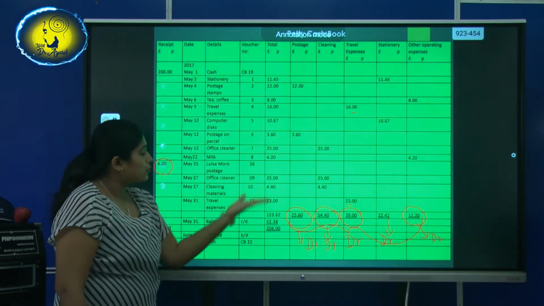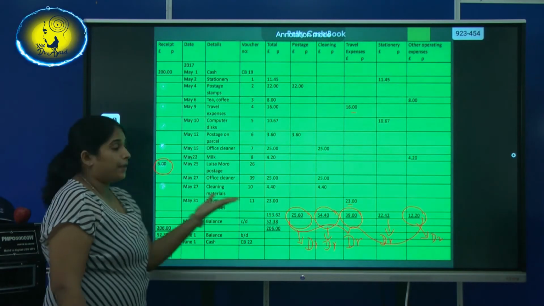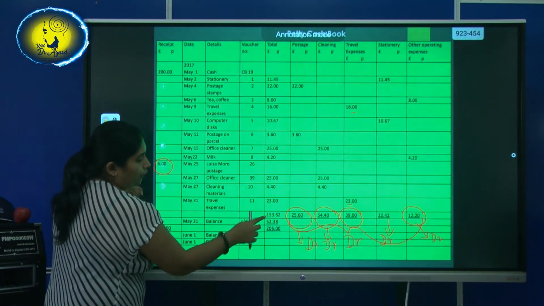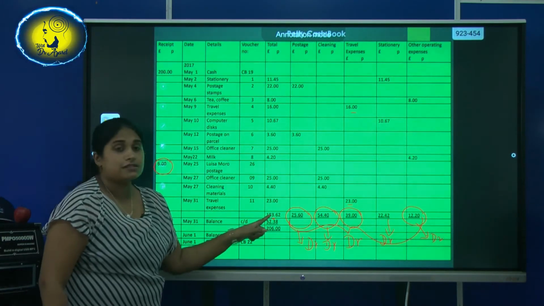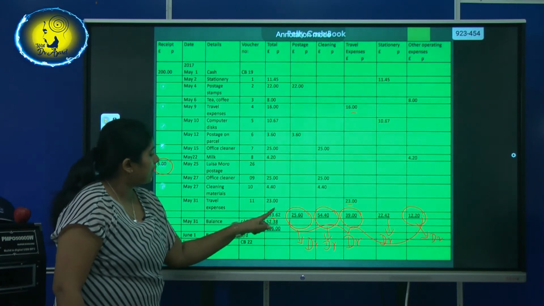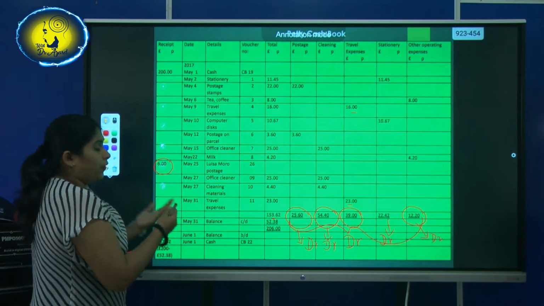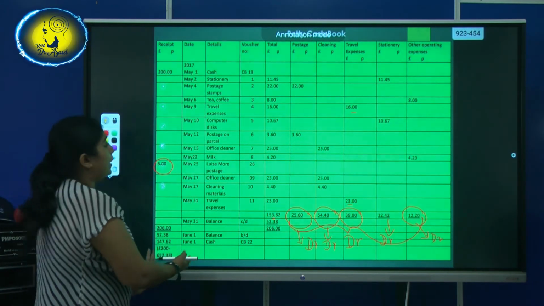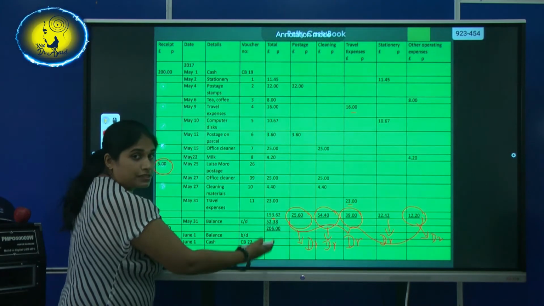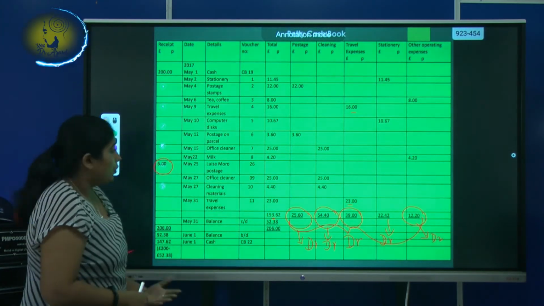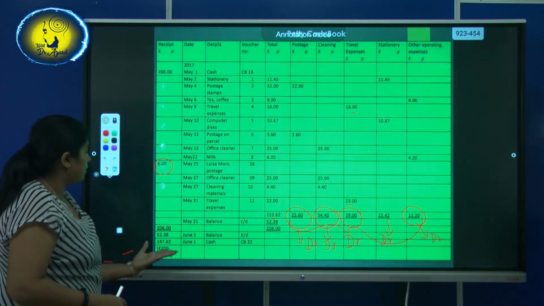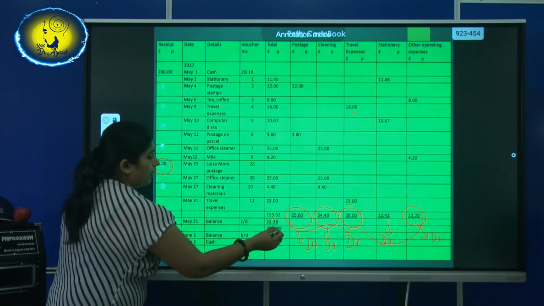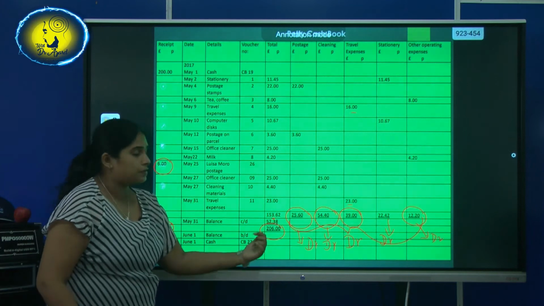Now I'll show you how to balance off the receipts and the payments of the petty cash. If you take the total, it gives you 153 pounds and 62 pence. Now you already know, when you balance off, you take the biggest amount and write it on both sides, and you subtract the smallest amount. If you look at this, you will see the receipt column has more value, 206. So you have to write 206 on both sides.